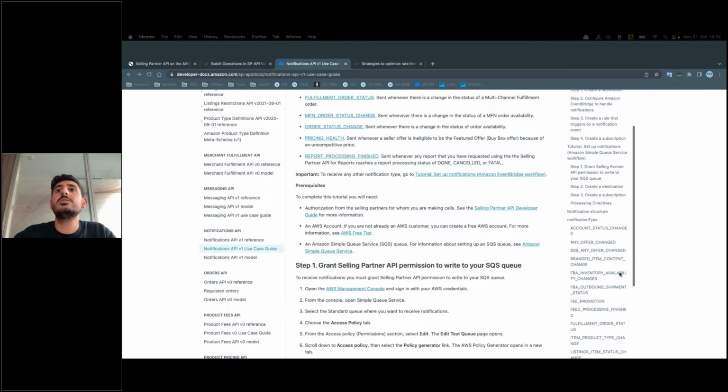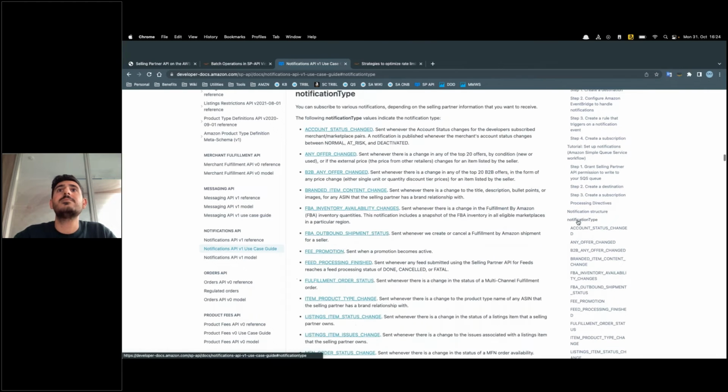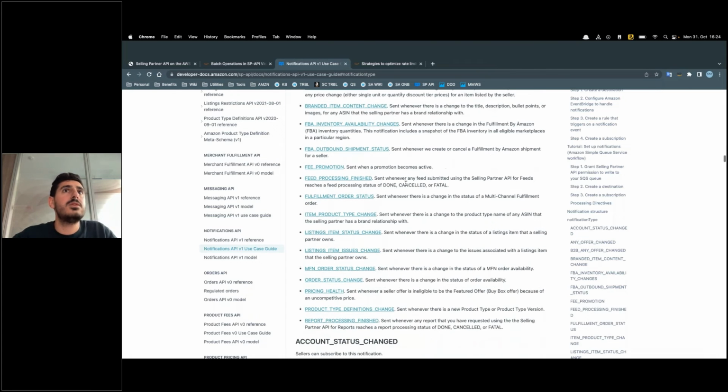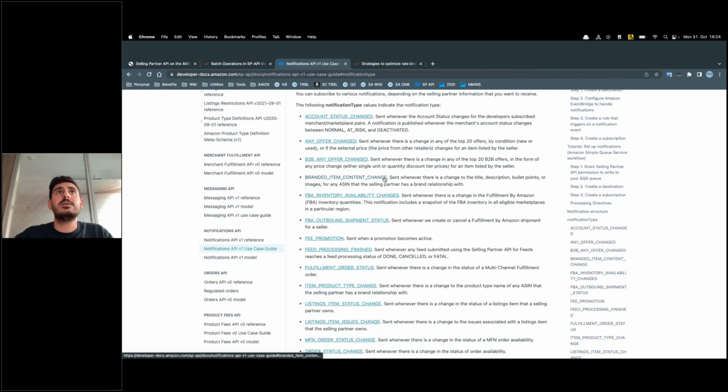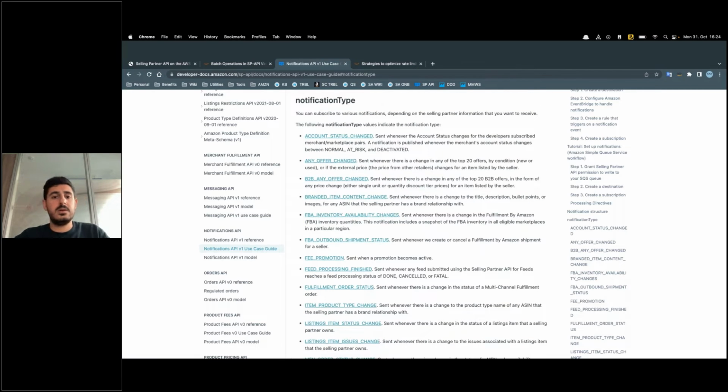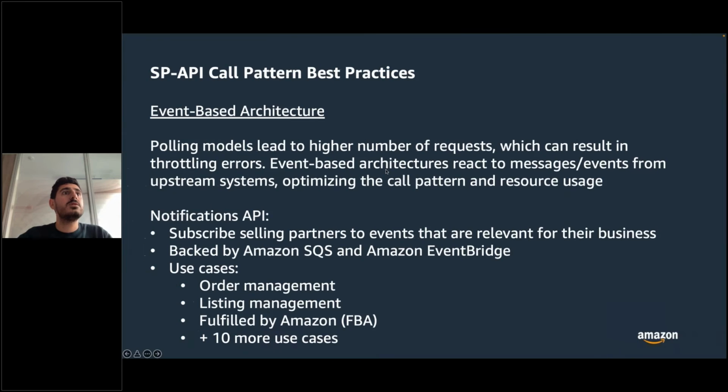And if you scroll down to the bottom, there's the notification type section. Here you can find various different notifications and what they do and what they are used for. And we are always adding new notification types here. So yeah, this is related to event-based architecture. Let's move on